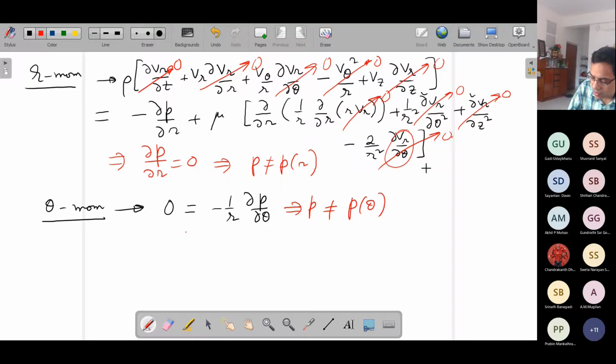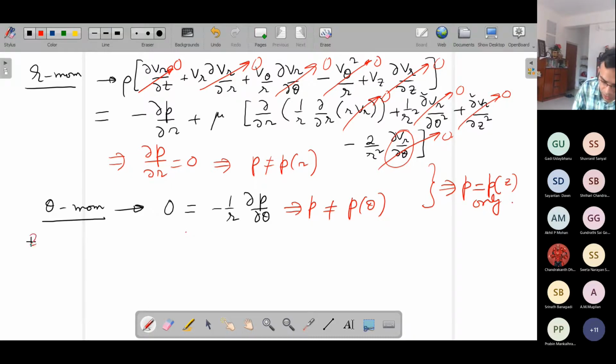And these two are very critical because P is not a function of R, P is not a function of theta, and you are not putting up any oscillatory pressure impulse or pulse on the system. Therefore, P is not also a function of time, and in that way, this gives you an obvious conclusion that P is a function of Z only, not function of R and not function of theta, and physically also not time dependent.